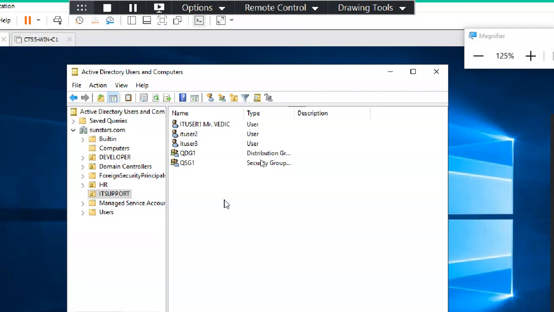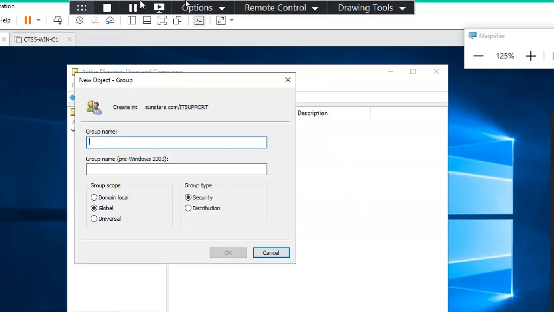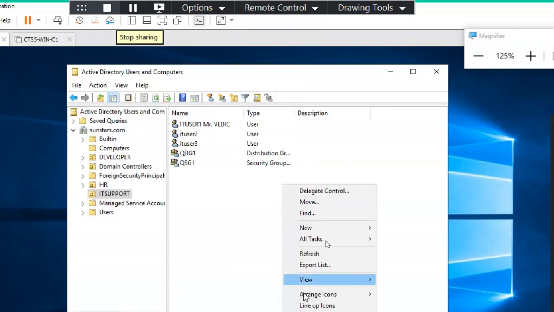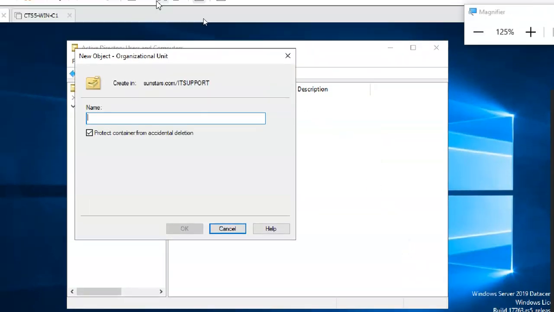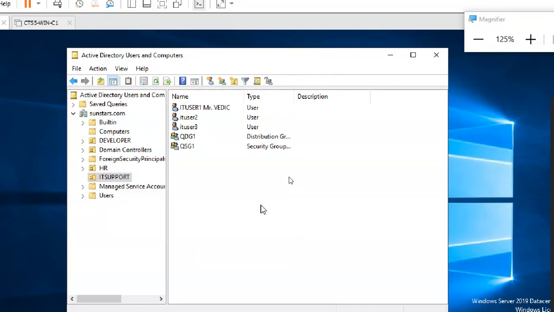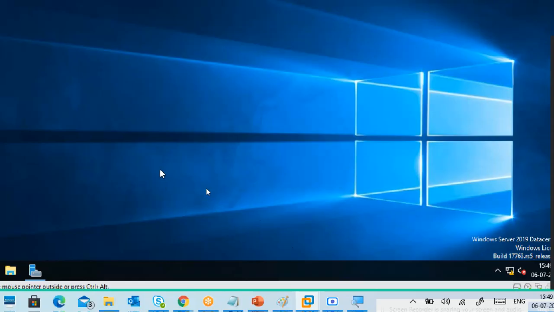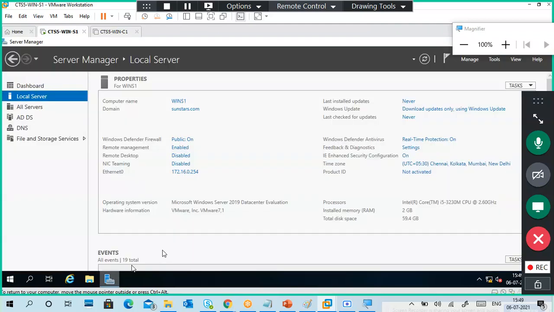Even if you want to create a group, new group, new object, or if you want to create an OU or a sub OU, new object. Your schema will define what the object is, how to create that object, and what the attributes list is, and you will get it like that.